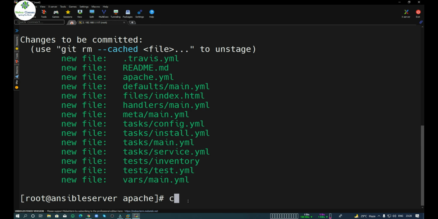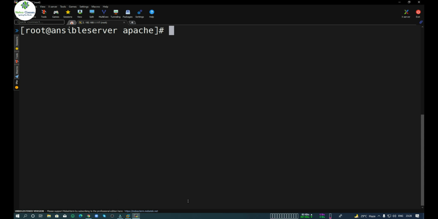Now after that, in the next step we have to execute the git commit command. So we will execute git commit -m, and here within double quotes we can mention created test repo roles, or you can mention any string here and press enter.